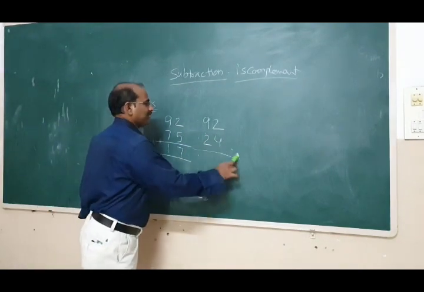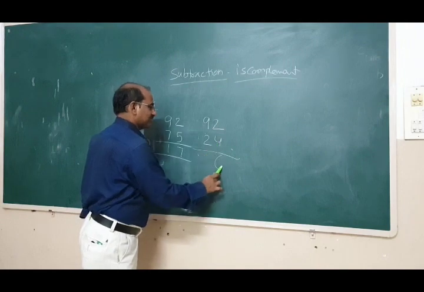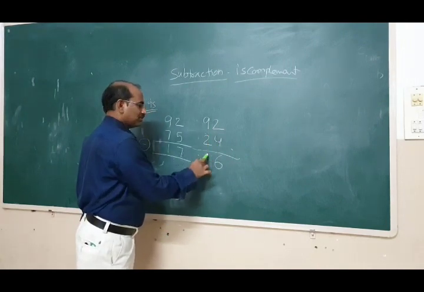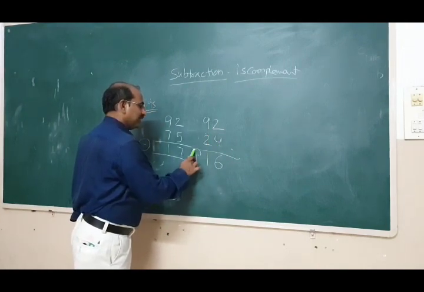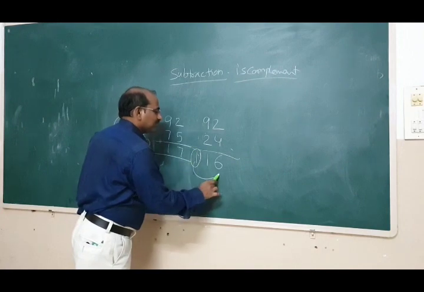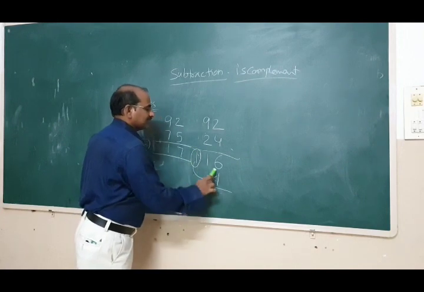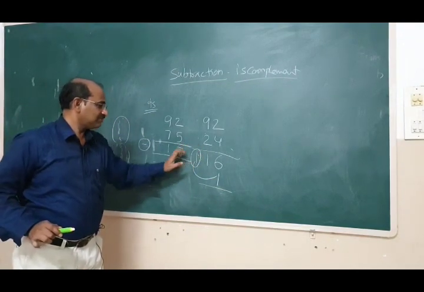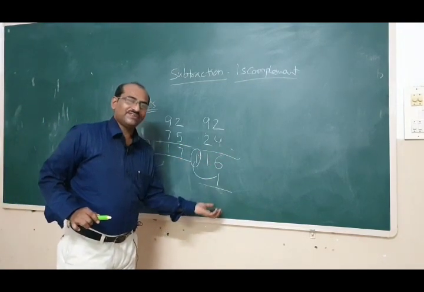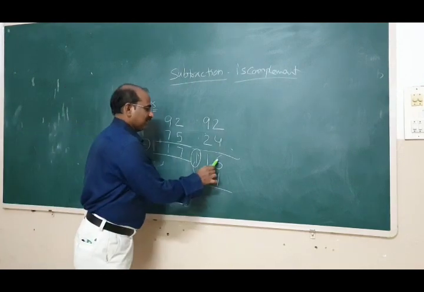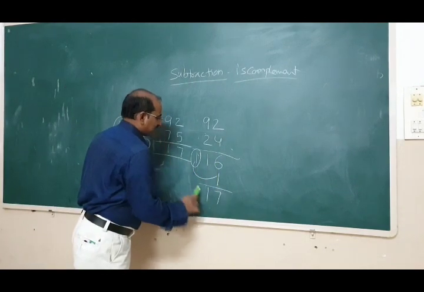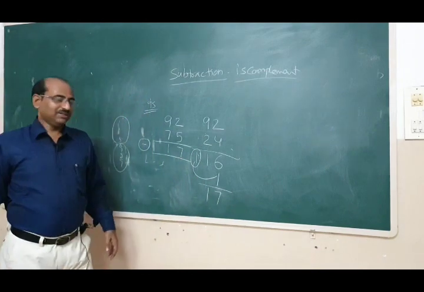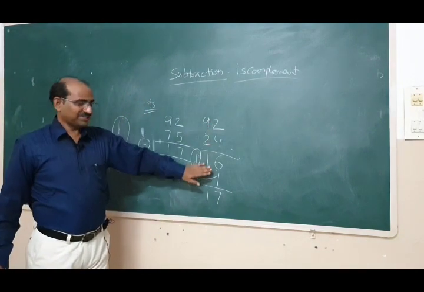Now you add. What is 2 plus 4? 6. What is 9 plus 2? You get a sum and a carry here. This carry you have to add back. We call this end-around carry. This corner one you should add with the first digit. What is 6 plus 1? 7. So both are equal. Like that. But here you may say we are doing 2 additions.